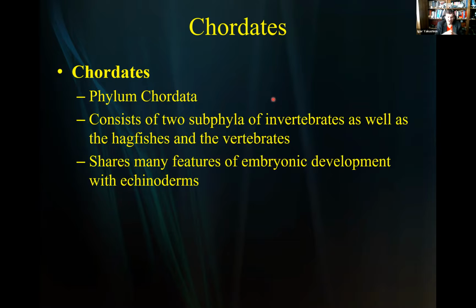Chordates are basically creatures which have something known as a notochord. Again, they share the same embryonic development with the echinoderms, so deuterostomes. And there are actually 3 subphyla: 2 of them are invertebrates and 1 of them is vertebrates. So here's what we basically looked at before